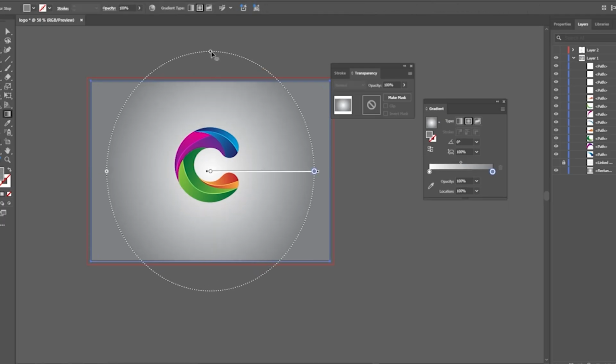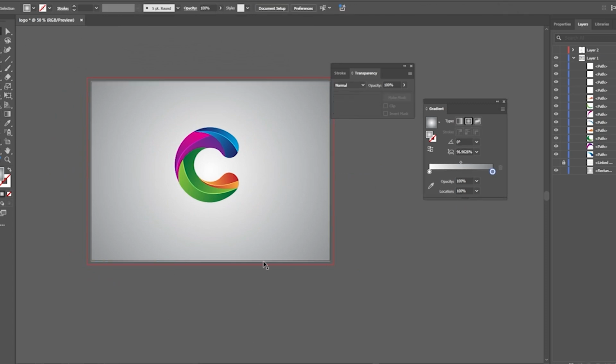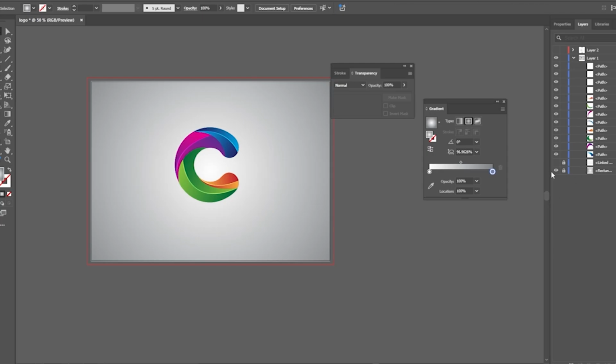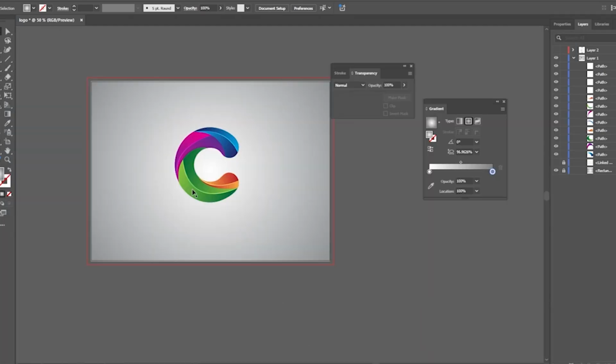We can make it much larger so that the light spreads. I am going to duplicate the background layer using Ctrl+J, and I have locked it here. Well, a beautiful shadow in the center. I put it under. Coming here,